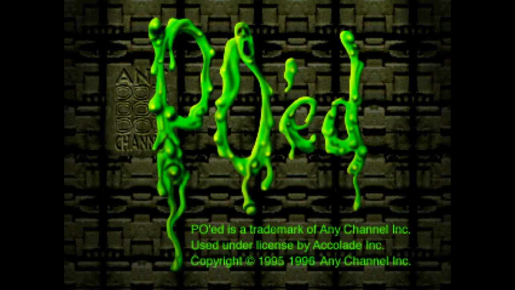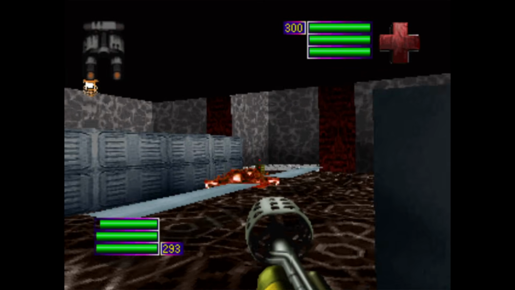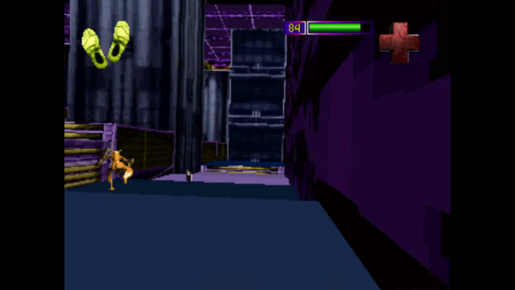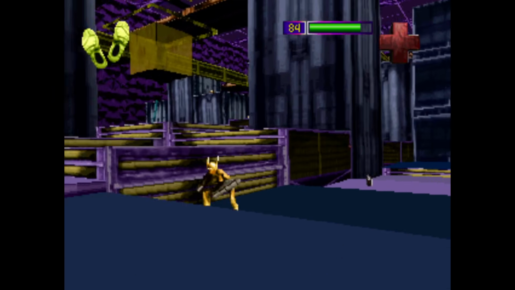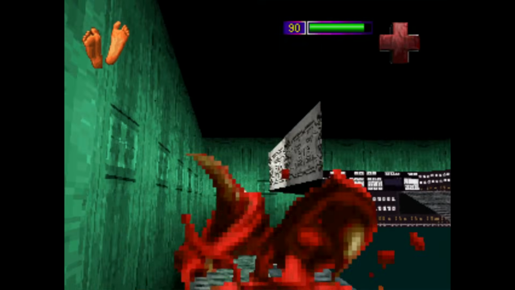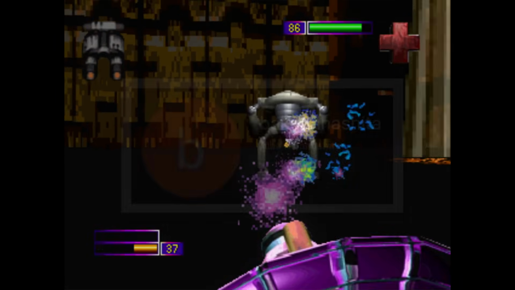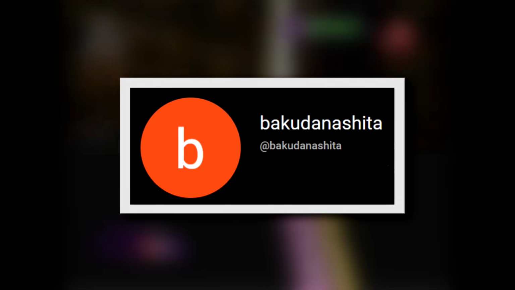Next up, we have an odd game with an even odder name. It's PO'd, which either stands for pissed off or pissed off de, I guess. A very bizarre first-person shooter about a chef that fights aliens, which made its way to the PlayStation in the summer of 1996. This game was chosen for us today by Baku Danashita, and let me tell you, this game